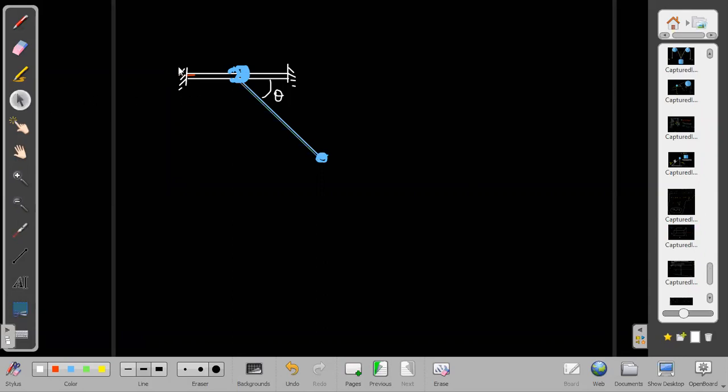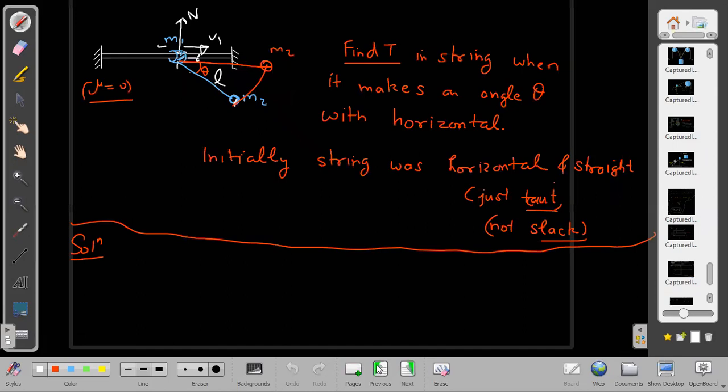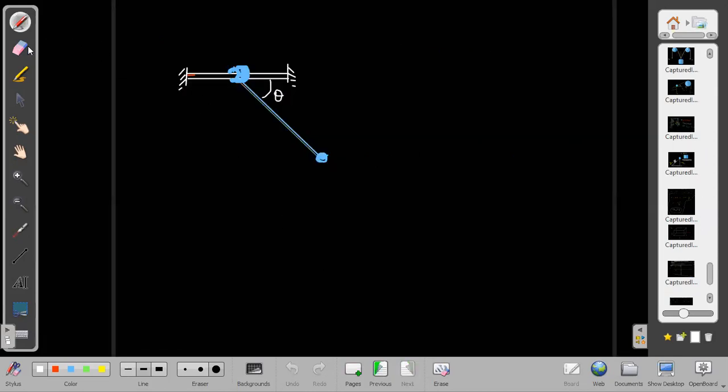Anyway, what mass did I give for the horizontal part? Following my own convention, I was taking M1. This is my own convention only. It is obviously not a standard convention. M1 and M2. In this particular case, it is much easier to analyze the problem in the frame of M1 because it is just moving in a circular path. We can solve it easily.